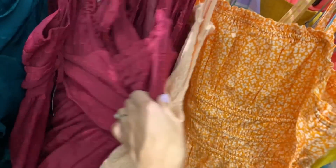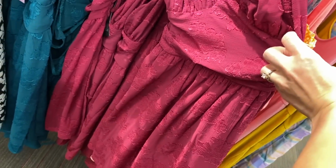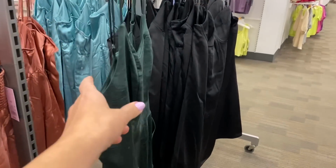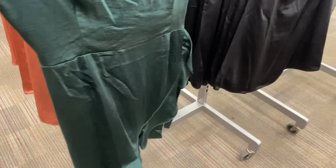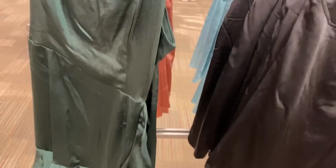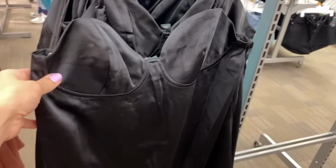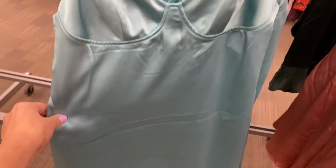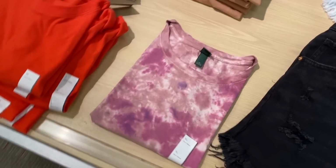But they had a lot of options, and something I had never seen before was kind of wedding-esque attire or bachelorette party-esque attire. I don't know. I guess it depends on who you are, what this would qualify for. But these fake satin dresses or satin-like dresses, I thought were unique, and I'd never seen anything at Target like this. But then, typical me, I ended up going